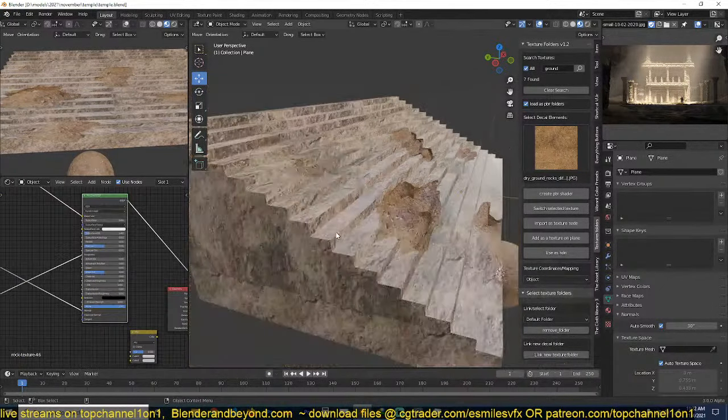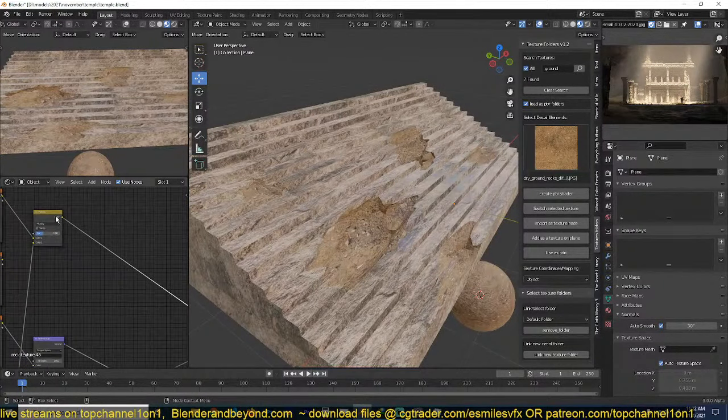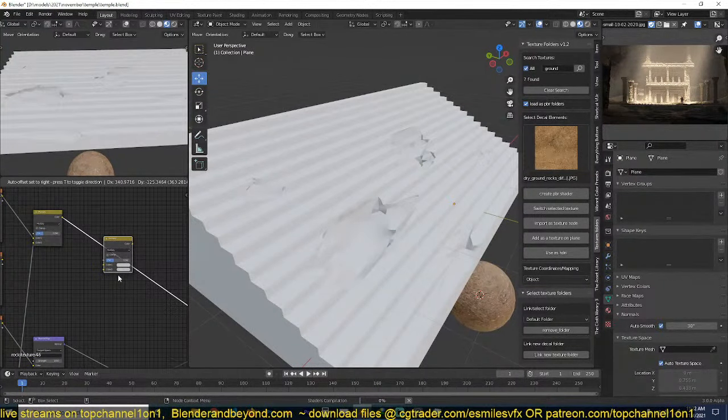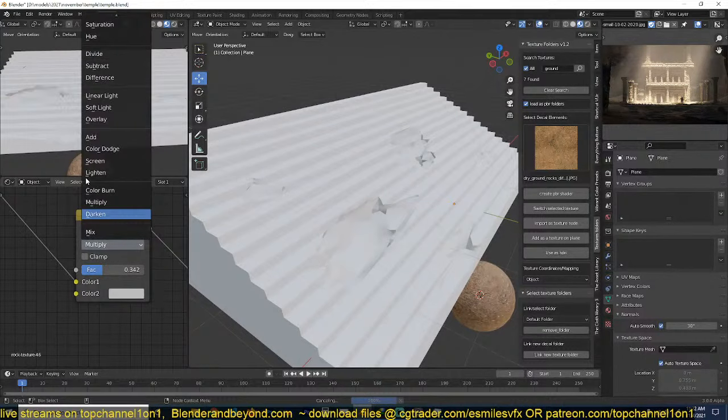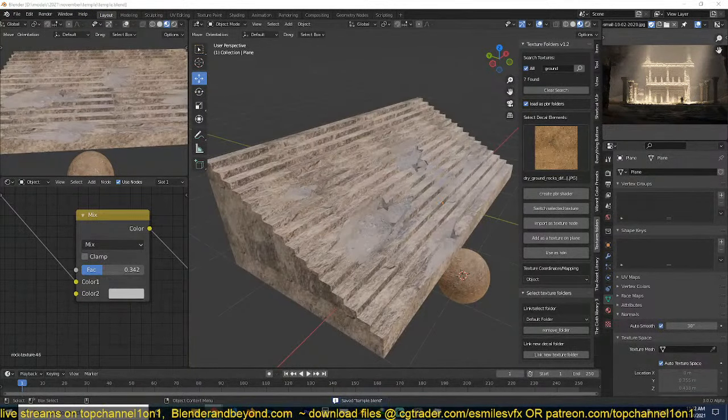Another thing I could do is make it a bit darker so that it stands out a bit more. So I'm going to grab a mix RGB, connect it there, and maybe set this to a mix. And now I can make this a bit darker, like that, so I can increase the factor if I want. And you can see now we have some nice damage, and